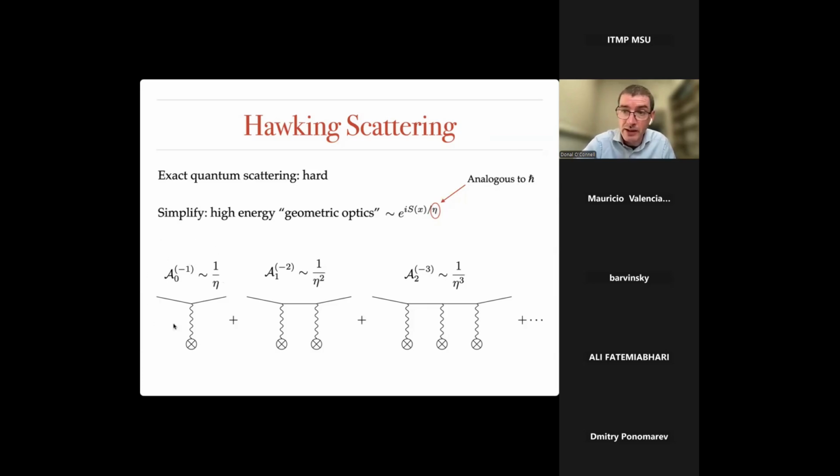So there will be a dominant term here in this tree diagram. In this next diagram, it's tree-ish here, but if you think about joining these roundy x's with the line, this will be like a loop amplitude. And since there's a background here, this is kind of like a loop amplitude. So this one-loop guy, or similar to a one-loop guy, is going to have a dominant term which will have 2 powers of eta, and similar dominant terms here will have 3 powers of eta. These will all exponentiate. We just need to extract them, check the exponentiation, and then we'll get the phase in the geometric optics region.